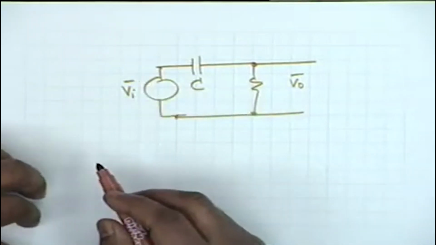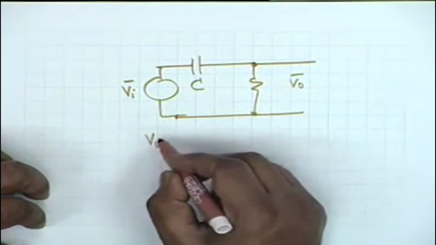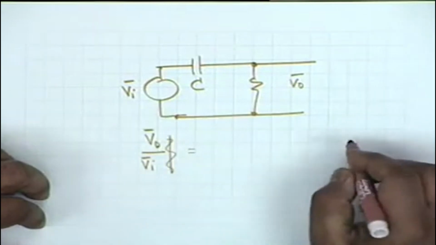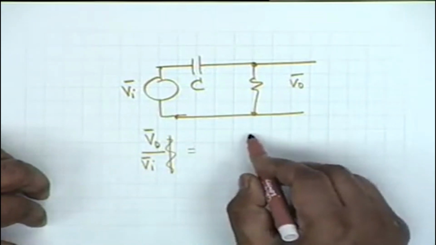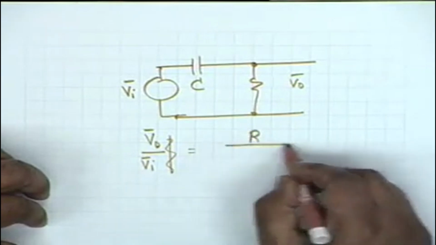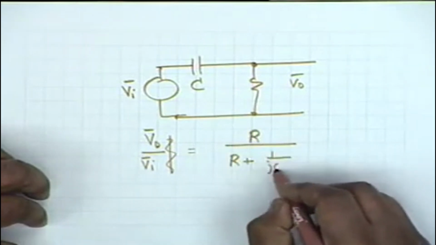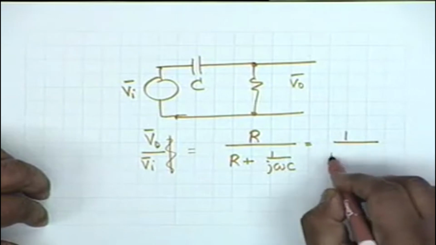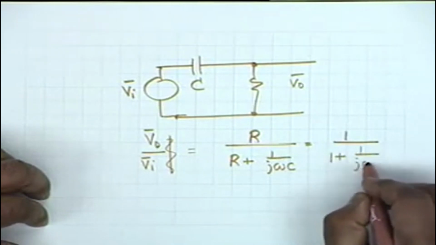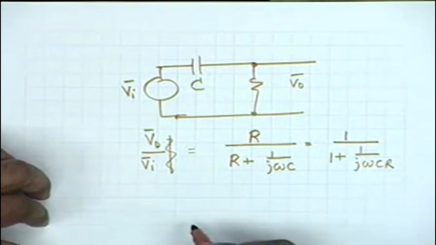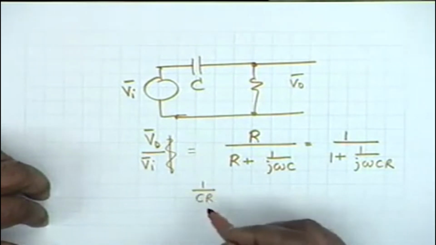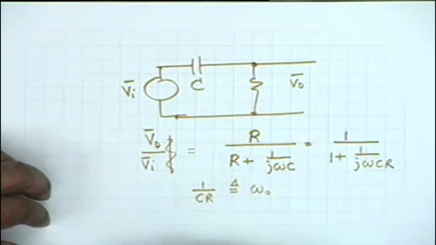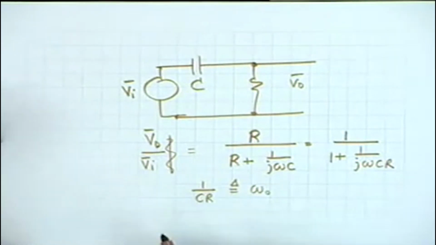It is also a high pass filter, and I can write down the ratio of V0 to Vi as equal to R divided by R plus 1 over j omega C, and this can be written as 1 divided by 1 plus 1 over j omega CR. And 1 by CR has the dimension of frequency. If I define this as omega 0, then my ratio of the two voltages